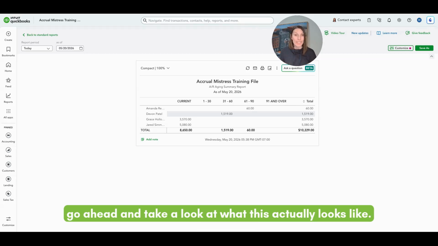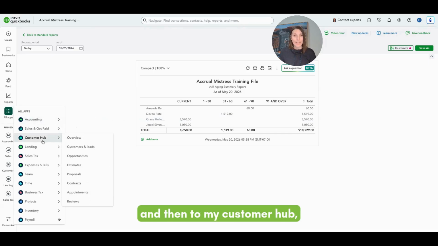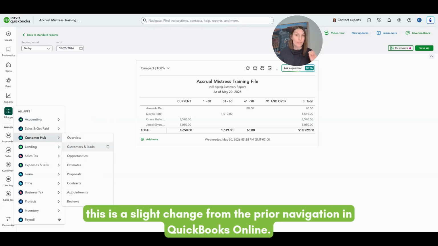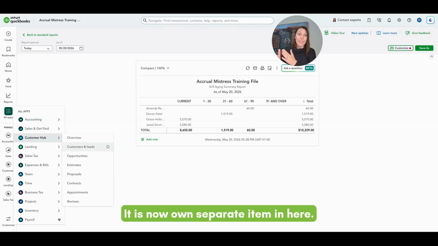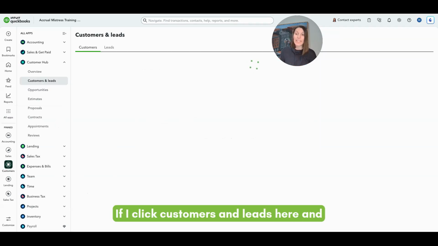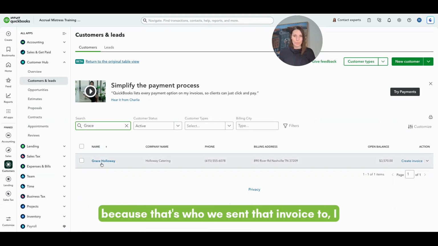Let's go ahead and take a look at what this actually looks like. If I go over here to all apps and then to my customer hub, I can go to customers and leads. Now, this is a slight change from the prior navigation in QuickBooks Online. Customers was something under sales and get paid, right? It is now its own separate item in here. So in order to get to our customer center, this is where we have to go. If I click customers and leads here and then do a quick little search for Grace Holloway, because that's who we sent that invoice to, I can see that her open balance is